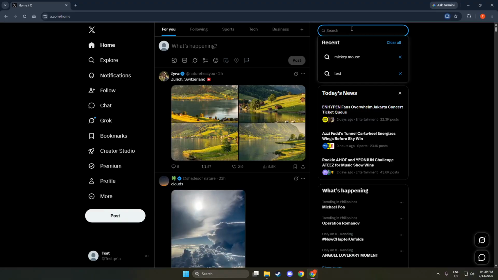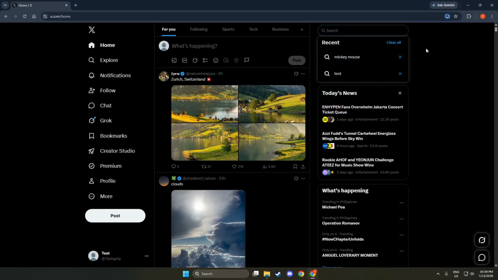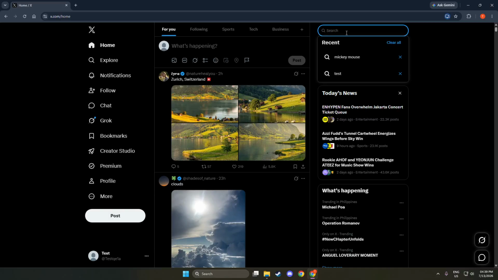Next, after you have clicked the search bar, you will see an option that says Clear All next to Recent Searches. This option appears below the search bar and is often highlighted for easy visibility. Clicking on Clear All is an important step because it removes all previous search entries from your history. This helps protect your privacy and keeps your search history clean and organized. Once you click it, a confirmation may appear, ensuring that you want to proceed with this action.